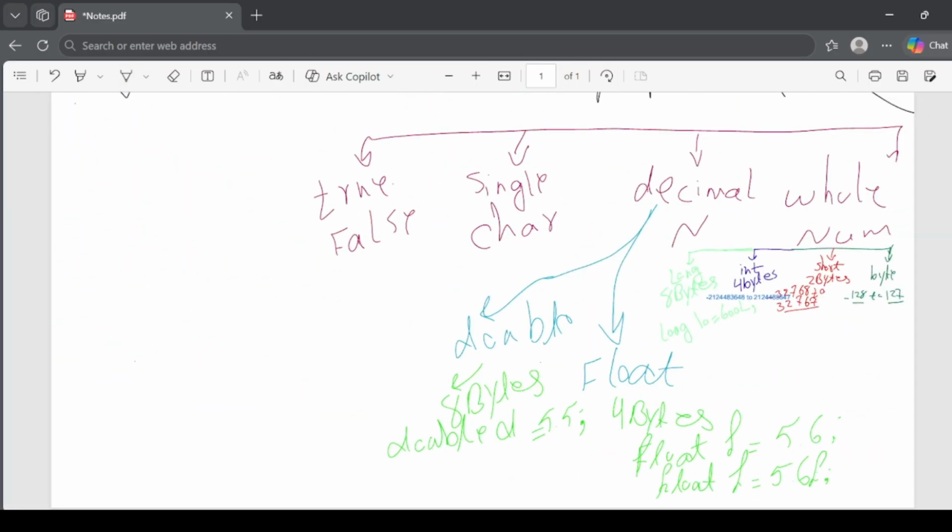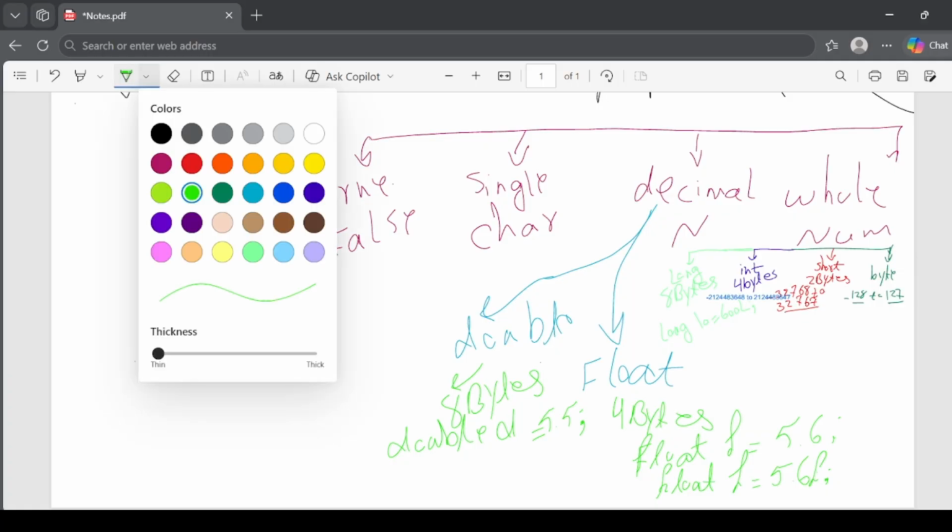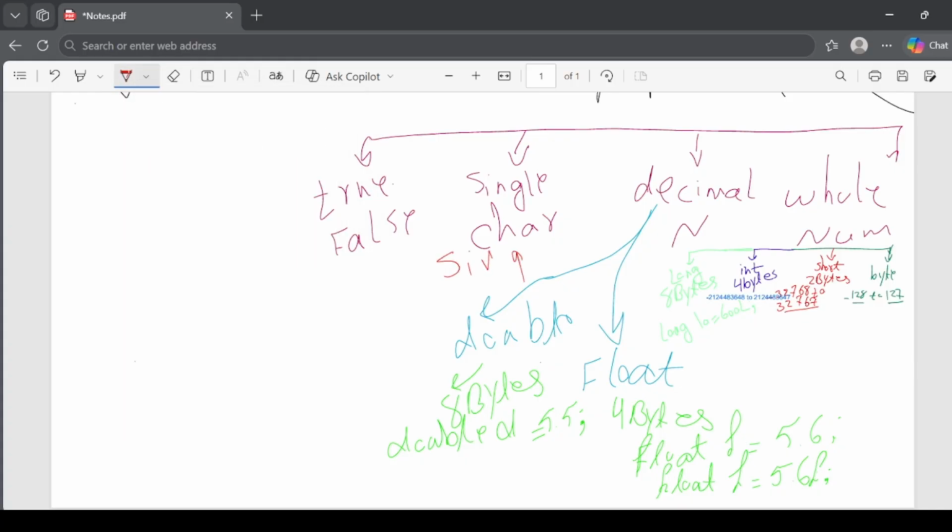So now let's talk about the char data type. Char stores a single character, one letter, one digit, or one symbol. The value must always be written inside single quotes. Okay, for example,